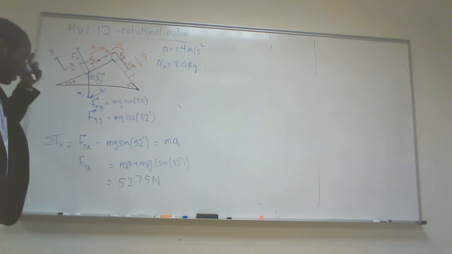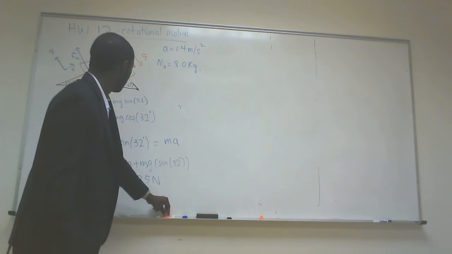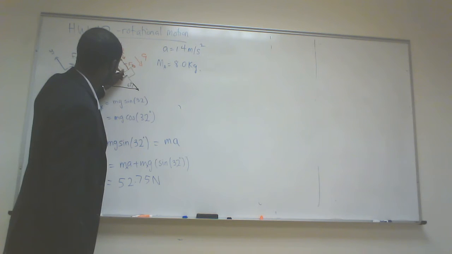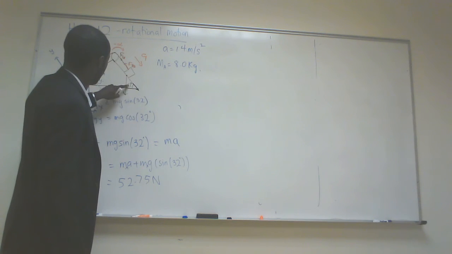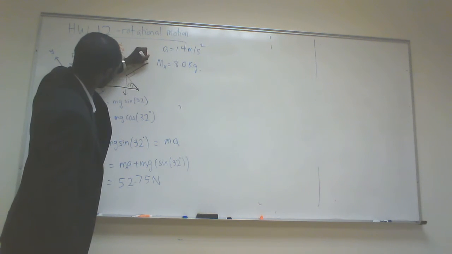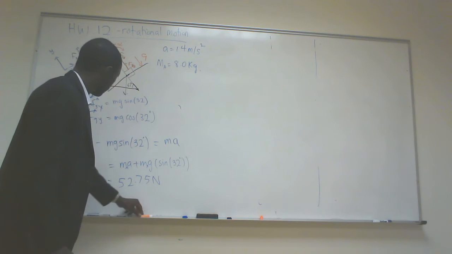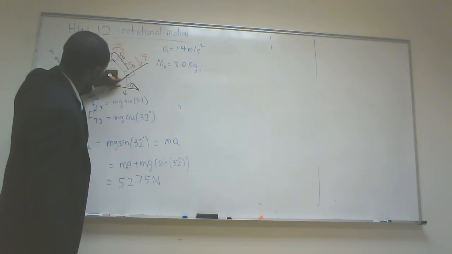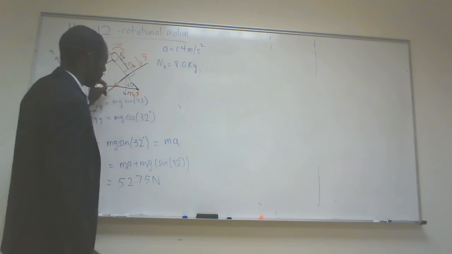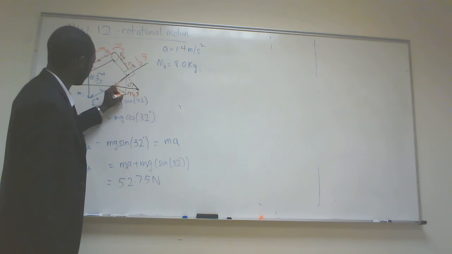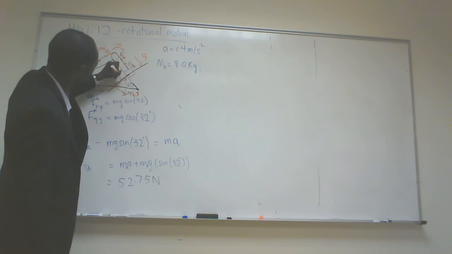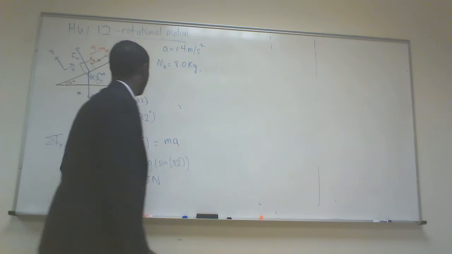All right, so the next part we have to find the FTB. And so in the same way, we have gravity acting downwards. And we'll have a y-axis going this way. So there'll be a y component of the gravitational force, and also an x component which goes down the inclined plane. And again, if this is 61 degrees, the angle here will have to be 61 degrees. So for B,